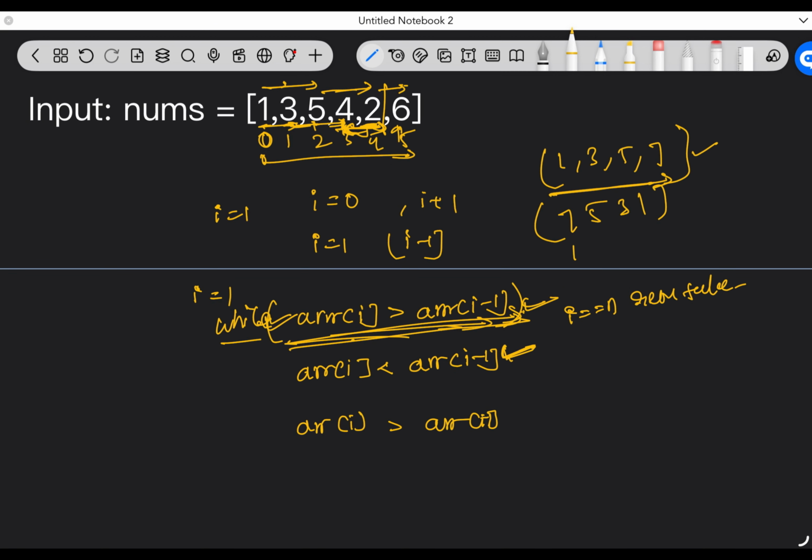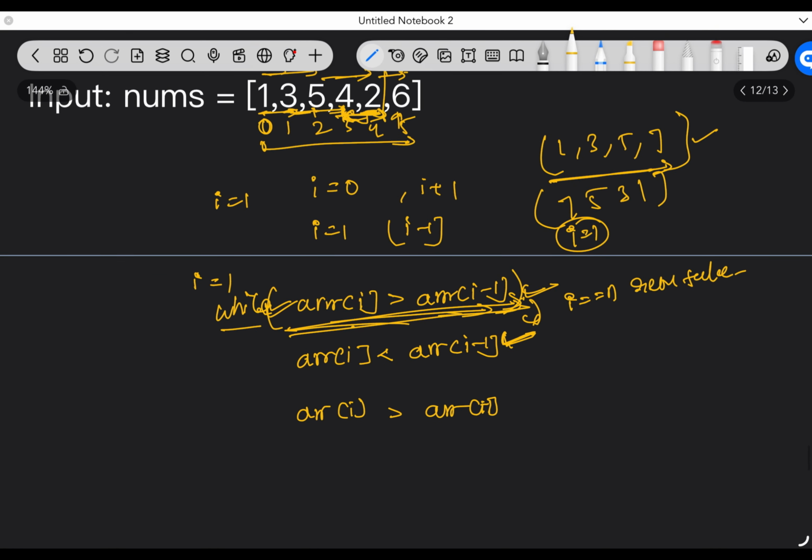So here itself our I will be still 1. So it comes out of the while loop. And here we also need to check if our I is still at the starting position. If it is still at the starting position, that means we traversed the full array with the first while loop only, then we'll return false. In the second condition, we'll again check this in a while loop and we traverse the